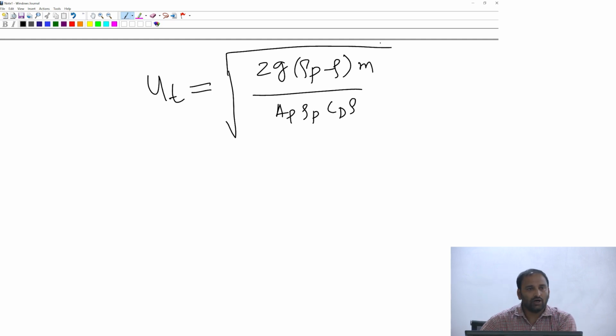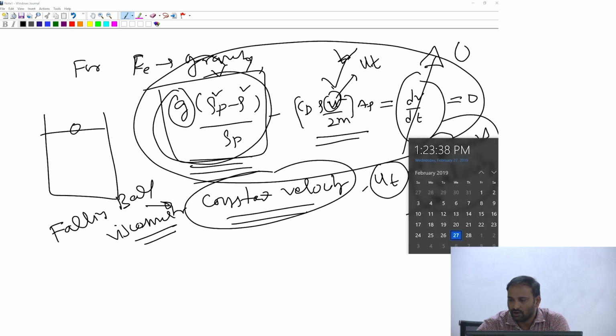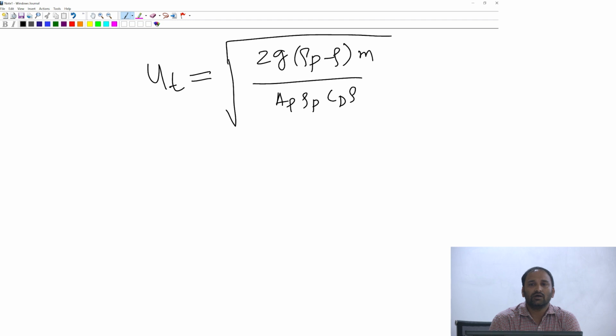Now the equation that we wrote is a general equation that is valid for objects of any shape. We really did not make any assumption that the particles are spherical or cylindrical or whatever. So the one-dimensional equation of motion that we wrote, let's go back. This equation is valid for particles of any size or any shape. Now, if you're working with particles of specific geometry, I can simplify this expression further. So if I'm considering a spherical particle,